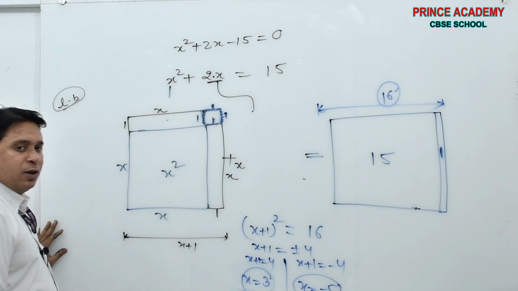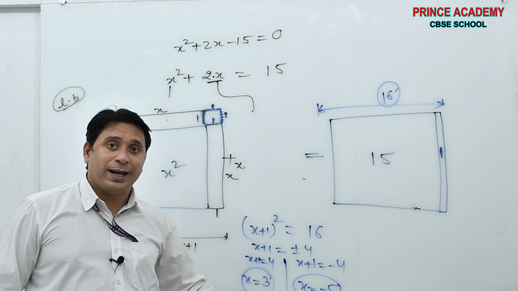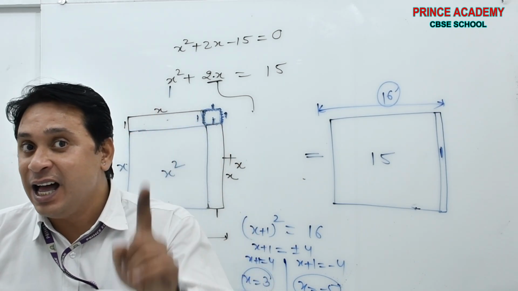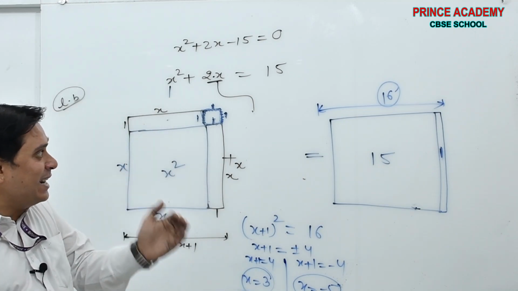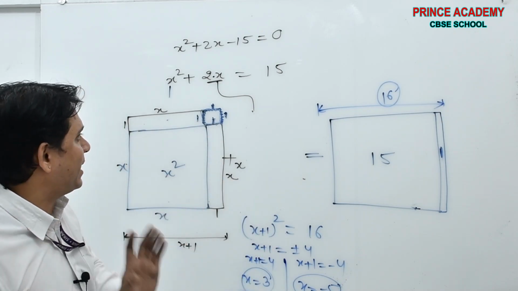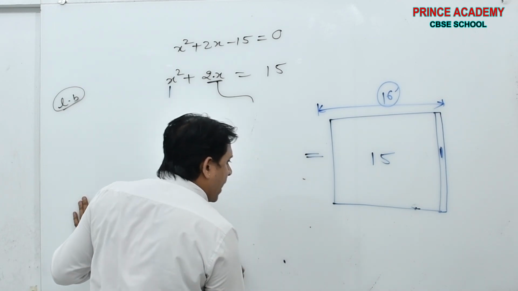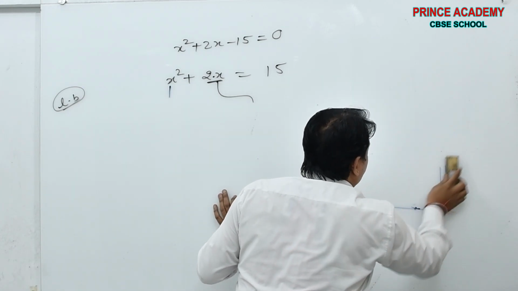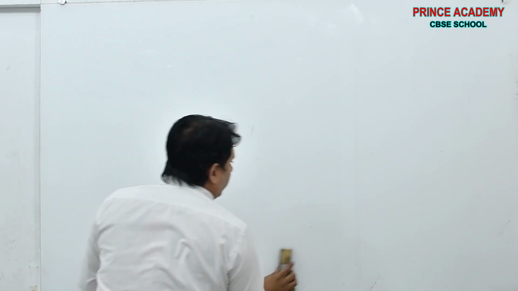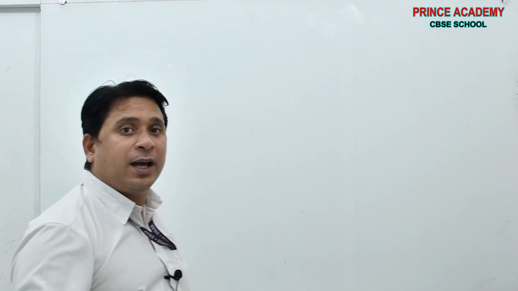You got the solution of x, yes or no? You got the value of x, yes or no? It was the same process we used in the algebraic method. Once again, I am going to repeat to you, beta, from the starting. Just pay attention to what I am doing in this question. Then I will go for the derivation of the formula. Definitely you will get a good output. See beta, now I am taking another example.